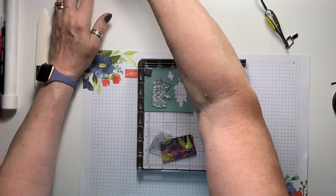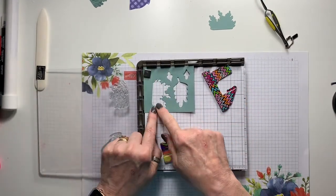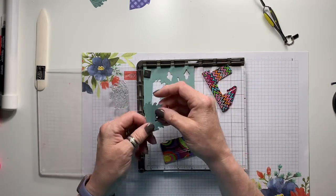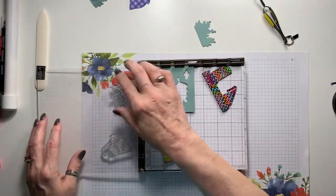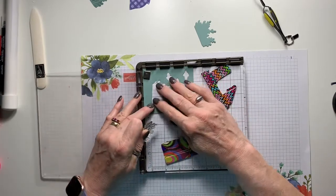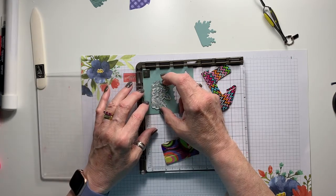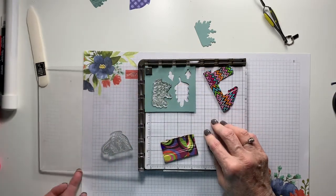Again, I always do multiples. So the very first thing I did was cut out this piece, which is the decorations of the leaves that are in there. So I cut that out. Then I'll take it off so you can believe me when I do it. Then I just make sure it's up in the corner, stuck real good. Then I just put it inside and I wiggle it until you can tell when it's in there. Then you close it,